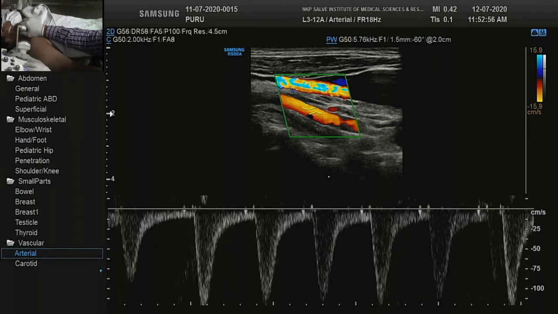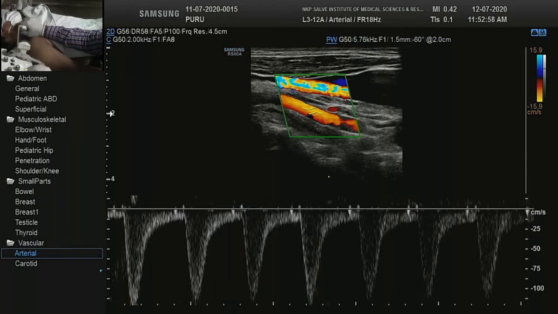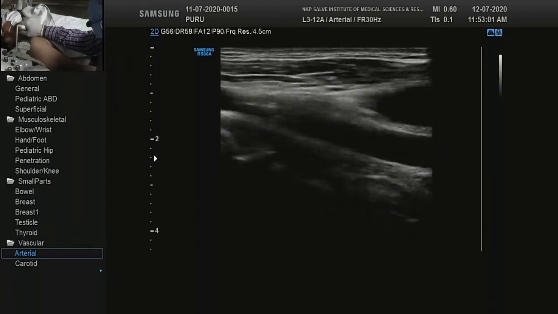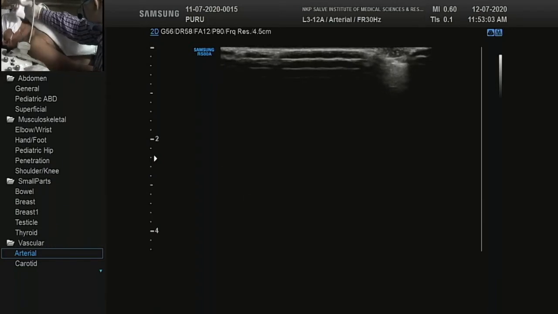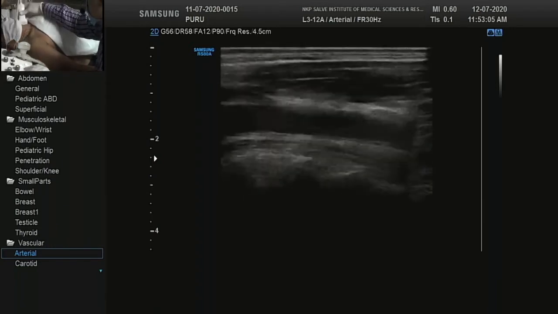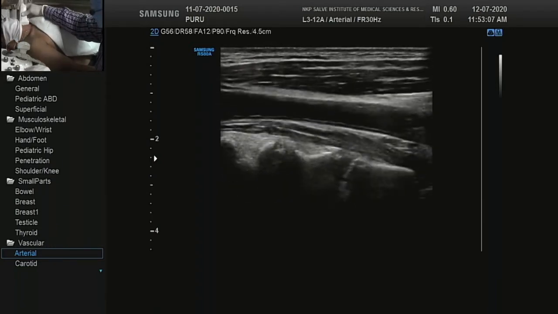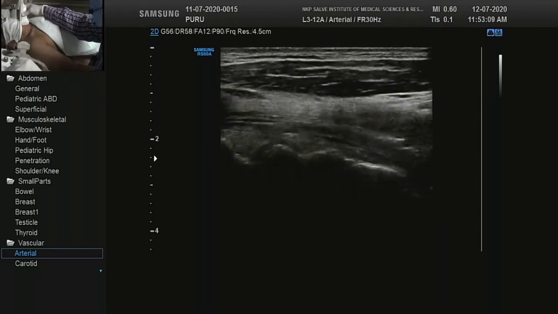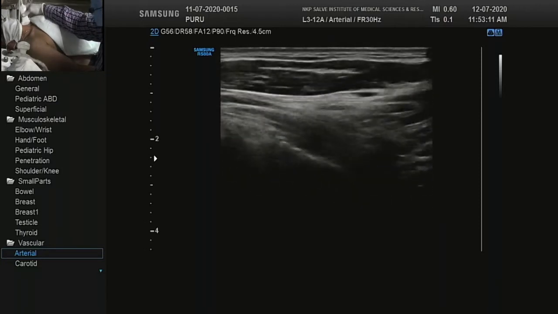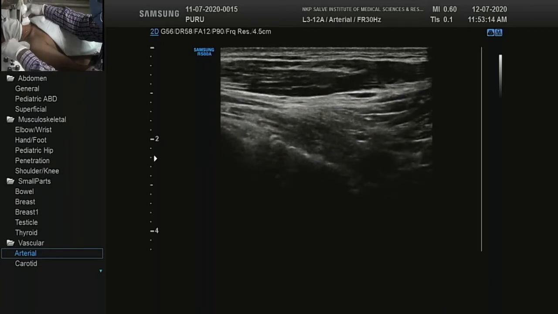There are various types of vertebral steal described. So whenever you see a vertebral artery, I will just tell you within 2 minutes, then we will go further. So we check on the other side. This is carotid, that is the vertebral artery.